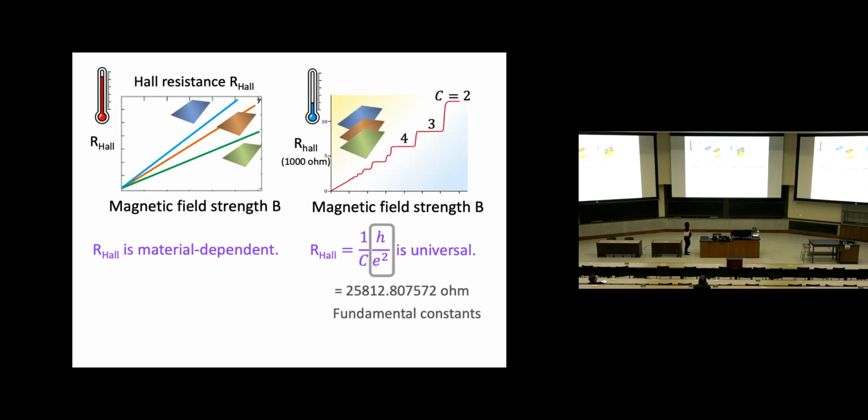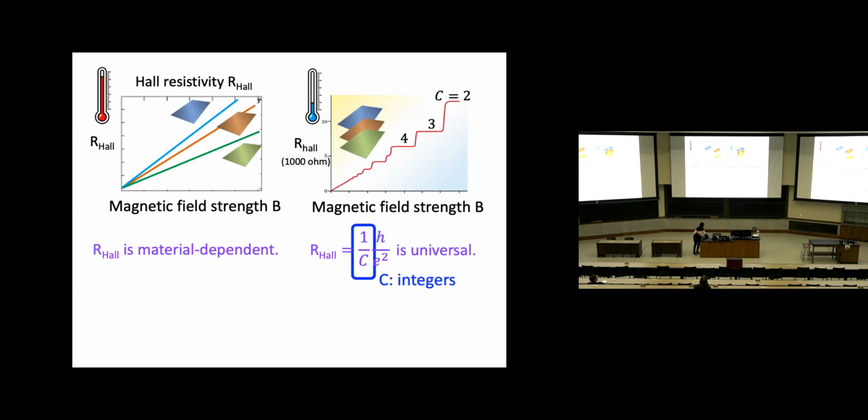First, let's look at this part. There are some weird symbols, right? So this E is the electron charge, and this H is the Planck constant. It doesn't matter what those are for our purpose. You just have to remember that it's really just a number coming from the so-called fundamental constants. So when you see this expression H over E squared, it's really just 25,812 ohms. Okay, so roughly 26,000 ohms.